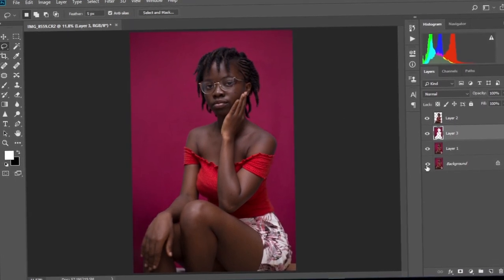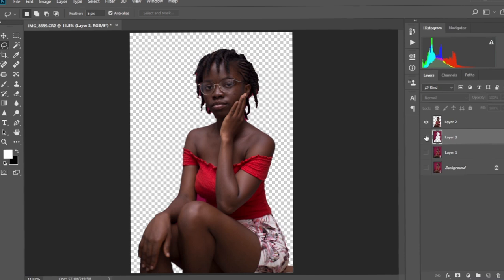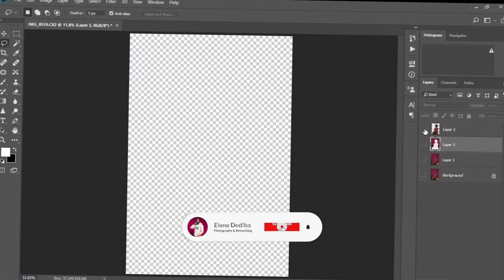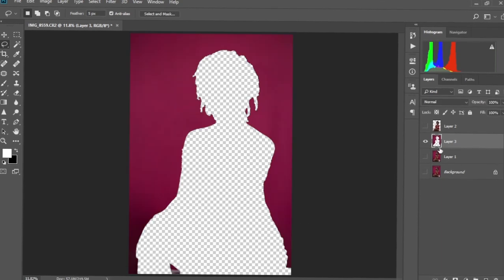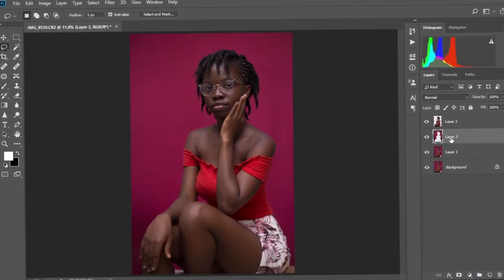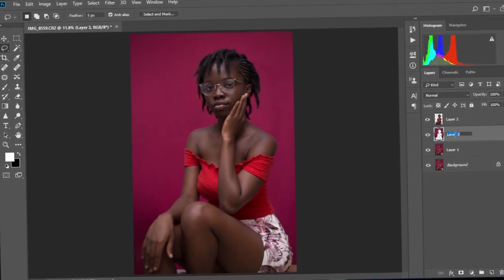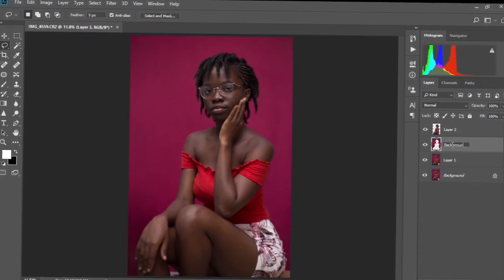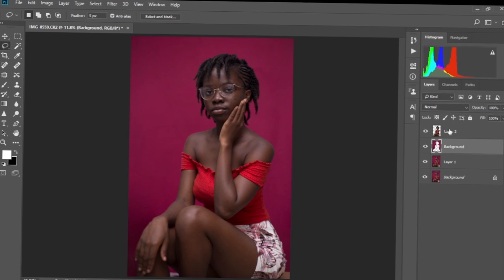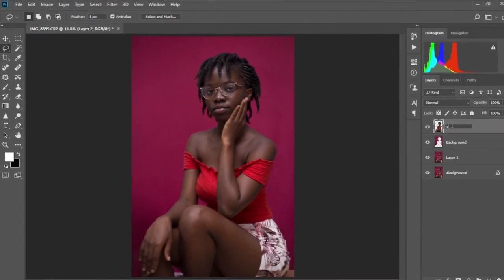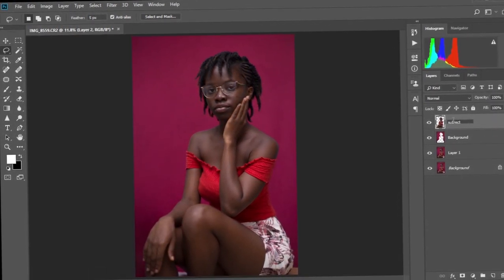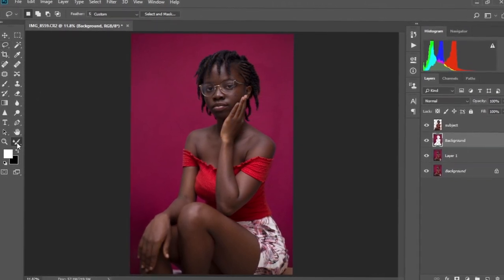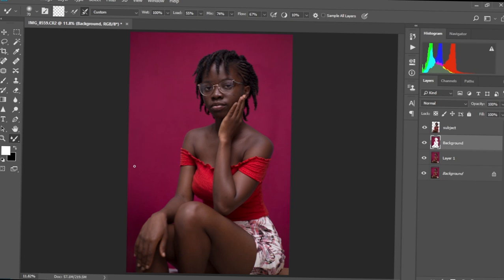So now we have our background on a separate layer, and then we have our subject as well on a separate layer, as you can see, right? So we're gonna work on the background now. So let me just change the name over here to background, and then let me change this to subject, like that. All right, so with our background selected, we're gonna now select the mixer brush tool like this, increase